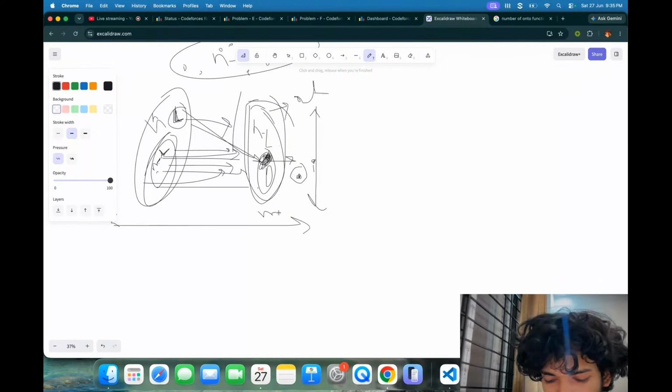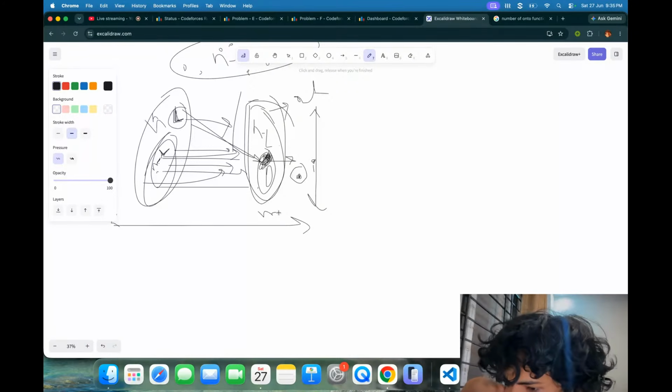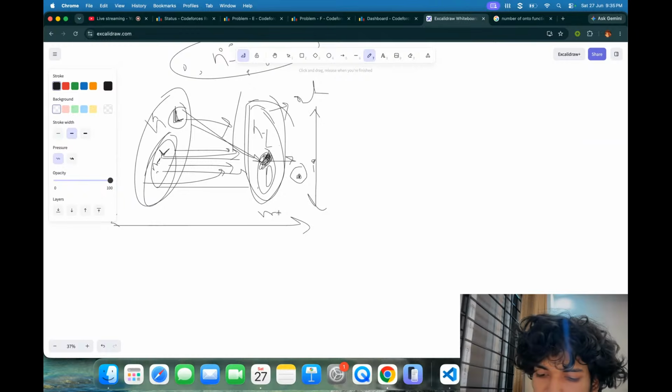How do I see this formula that I just wrote now? At least one of them is left out. These are the things we are trying to see, the number of such permutations. When at least one of them is left out, maybe when this is left out, how many things will be there? Total number minus,